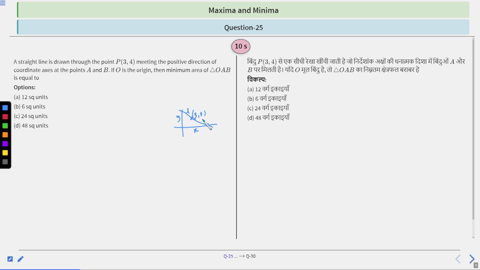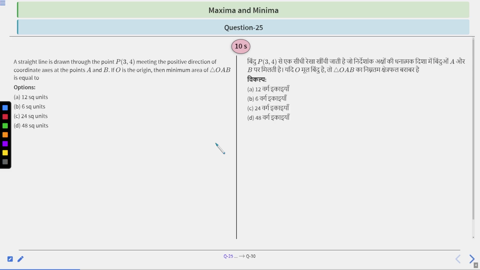And since we have to find the minimum area of triangle OAB, we can do x square plus y square is equal to L square, or we can convert it in terms of theta, right? We can also convert it in terms of theta and differentiate with respect to theta both sides and find the critical point at some dy by d theta, clear, or any other variable. And after finding the critical point, we will calculate d square f upon d theta square, which should be less than 0 for the minimum area of triangle OAB. Clear.